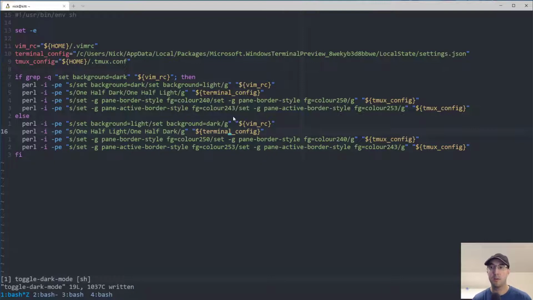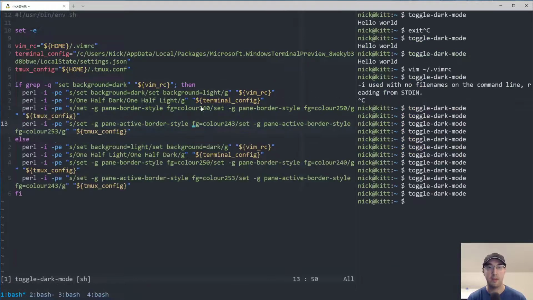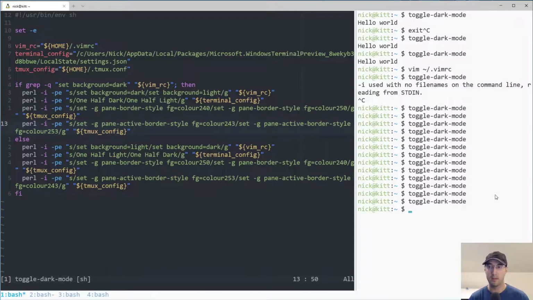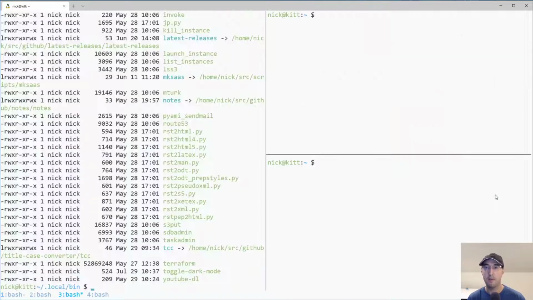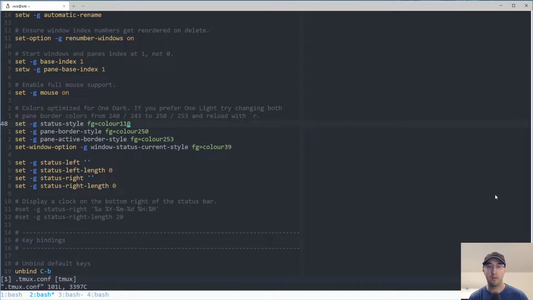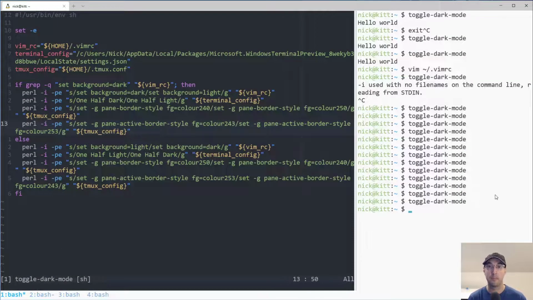Great. So what am I doing here? We have Vim terminal, then we have two tmux config things that are being changed. There's a 253, there's there, boom, boom, and boom, boom. So now I think if I go back and toggle here, we should get tmux to change these colors. Okay. Well, the pane still looks to be dark, but let's see, we didn't reload the tmux config, and